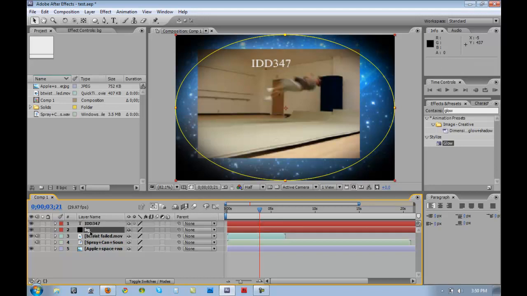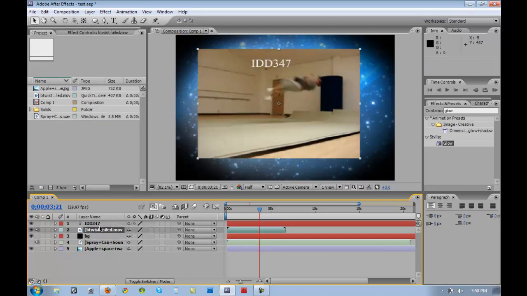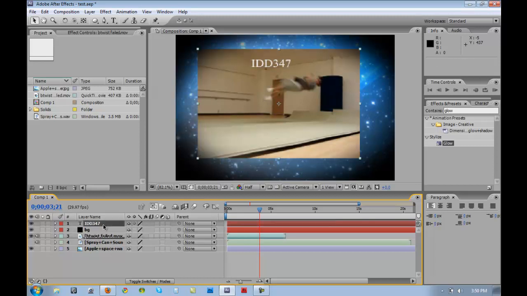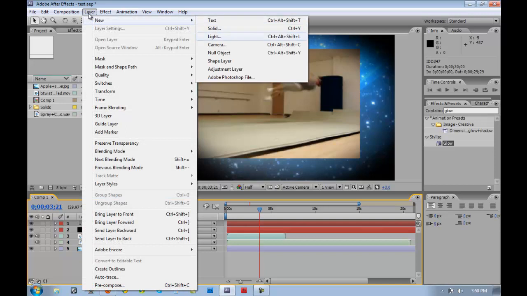We can bring that down. Notice that you can move your layers up and down by just click holding and dragging above and below other layers. Now the next layer we want to look at is solid. We're not going to be using the light. We won't be using the camera or the null, though if we start talking about 3D space, we will start introducing those two layers. The shape layer we won't be using in this course, but the only other layer we will look at is